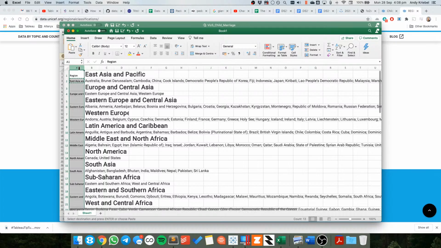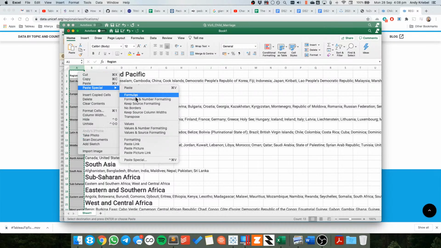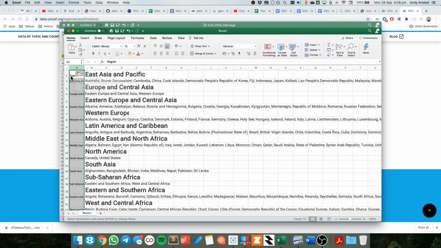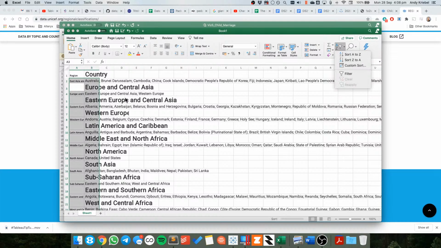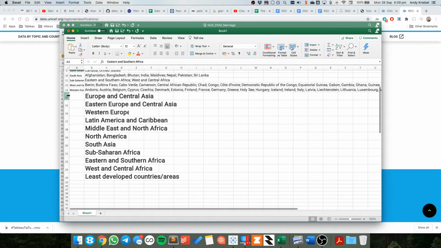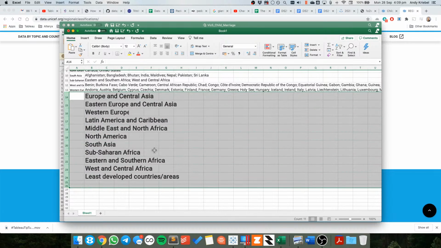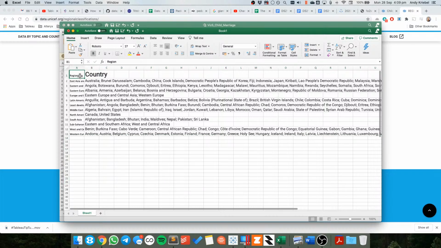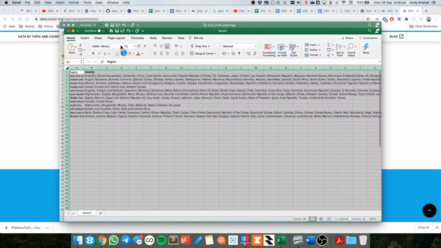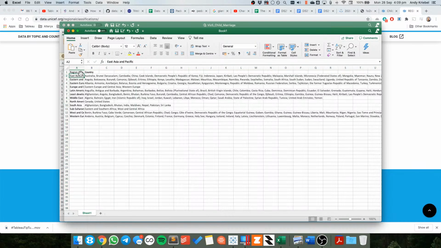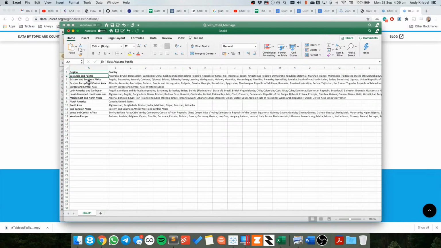Okay, so that's good. Okay, so adjust the values. So now I'm just going to call this column country. And I'm going to get rid of, so let me sort this by the blanks. Okay, so now I can get rid of all these rows as well. Great. Okay, so we've got region, we've got country. Let's just set this all to 12 and Calibri. I don't know why I'm bothering with this, but okay, there we go. So we've got the region, we have all the countries, but all the countries are separated